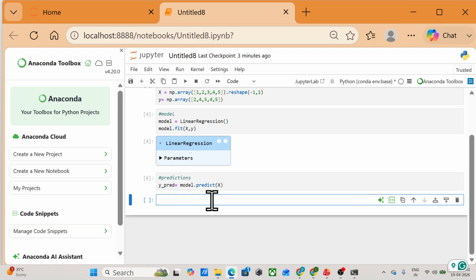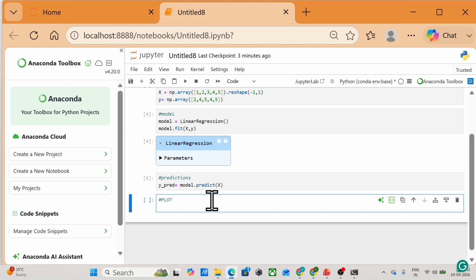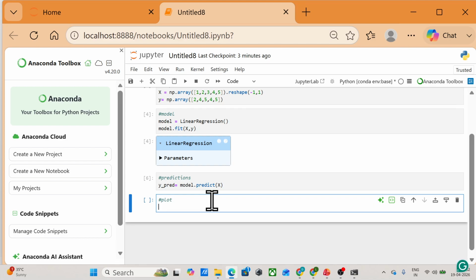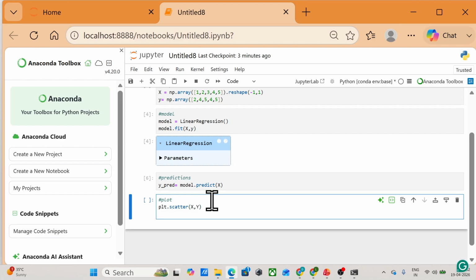After that we'll plot and visualize. In the last lectures I have taught you how you can plot from the matplotlib library. So plt dot scatter, x and y.